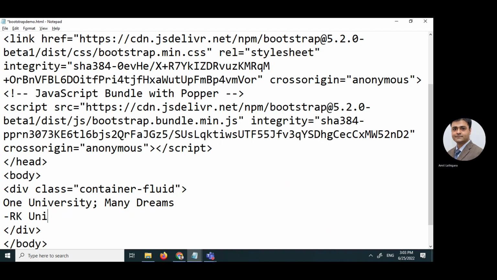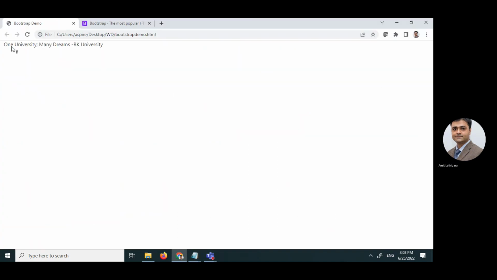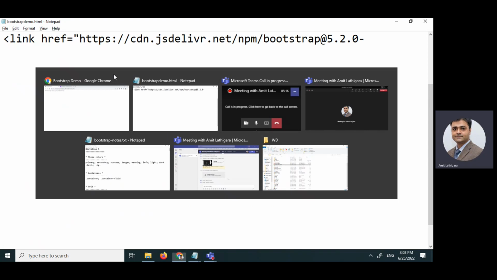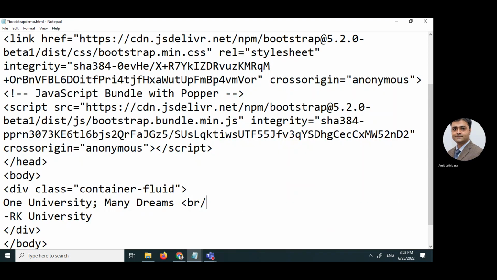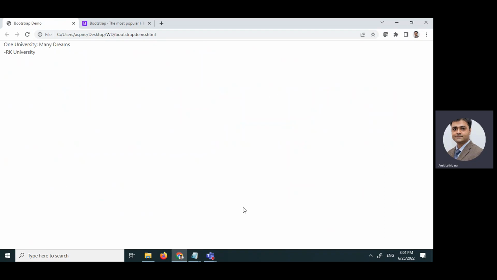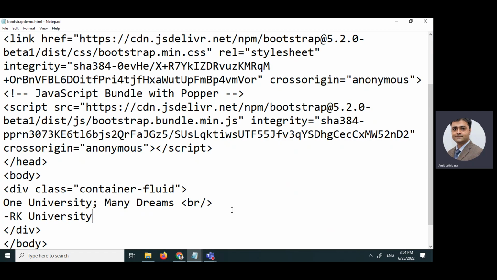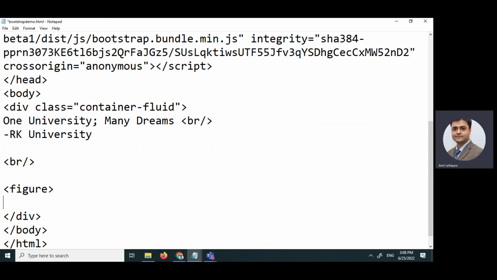Of RK University. It is appearing like this. If I put a line break in between, then it's appearing like this. Now the same thing, let's apply using a block quote. For that, let me use a figure class. This is my